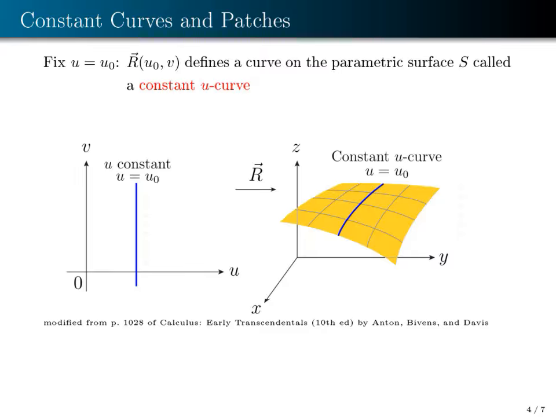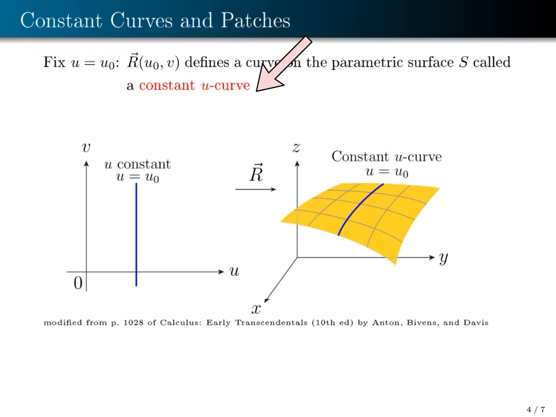Next, we consider constant curves, which provide us a way to visualize and analyze parametric surfaces. Suppose we fix u to be the constant u0. The graph of u equals u0 in this uv plane is this blue vertical line. Applying r to each point of this line yields this blue curve that lies on the parametric surface S, called